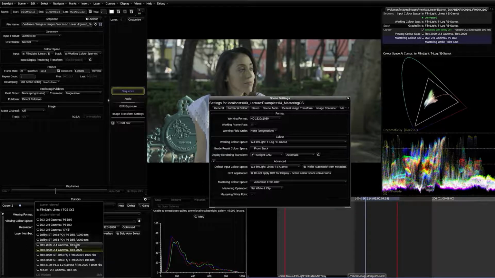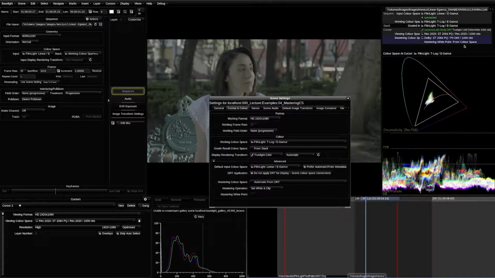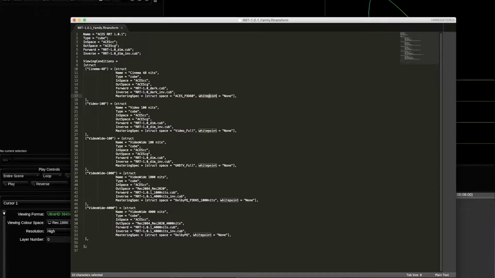Last but not least, we change the cursor to Rec 2020 2084 PQ for 1000 nits HDR. Baselight will automatically apply the correct 1000 nits DRT and changes the mastering color space and white point to P3 D65 1000 nits. As you can see, Baselight changes all the various settings only based on my selection of the cursor and render color space, because Baselight knows the viewing condition each color space belongs to. And as always, if you want to change any of those default settings, it is all customizable in a FL